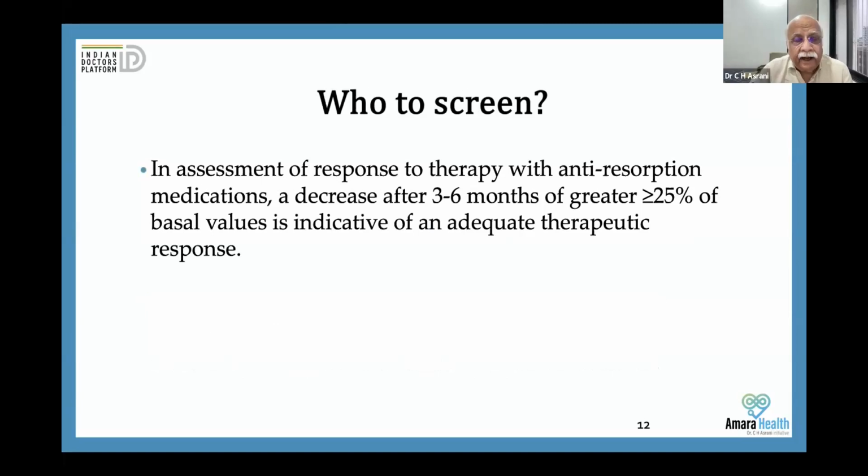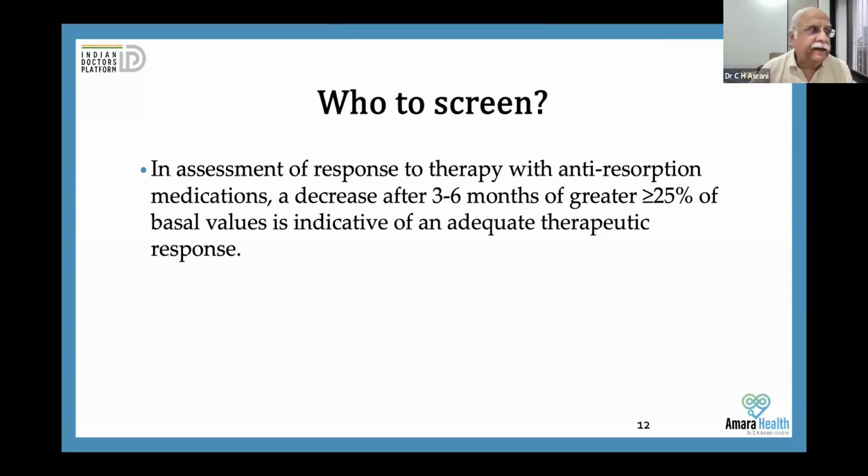Then, once I have started treatment with bisphosphonates, Osteophos, I want to check every 3 to 6 months whether my treatment is working or not. In assessment of response to therapy with anti-resorption medication, a decrease after 3 to 6 months of more than 25% of the pre-treatment value